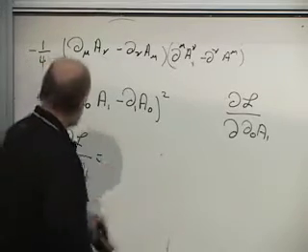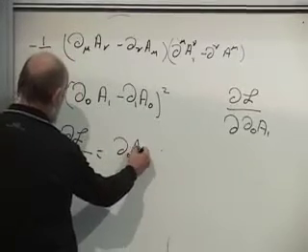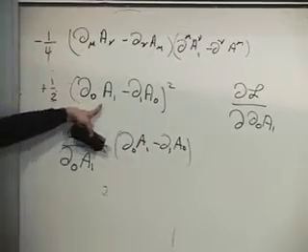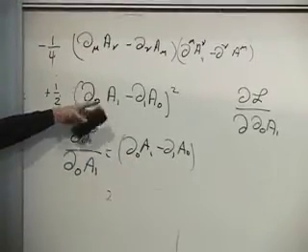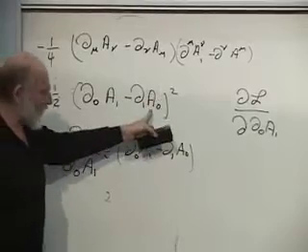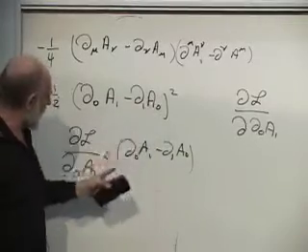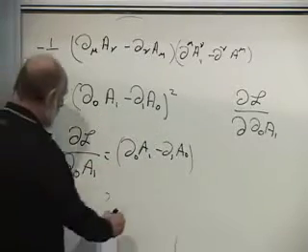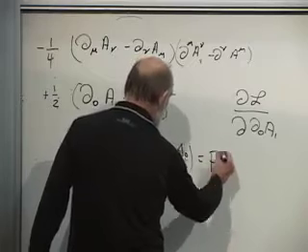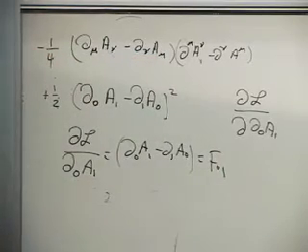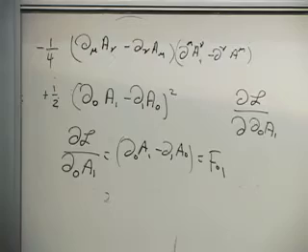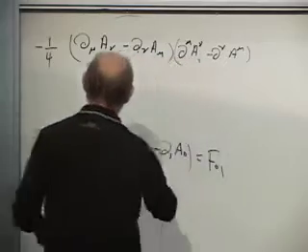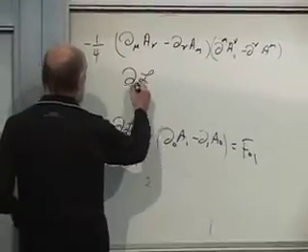And what else do you get? You get d naught a1 minus d1 a naught. The derivative with respect to this variable, how do you do it? It's just the square of something. You differentiate, you get twice the something. That's it. In other words, it's just f naught 1. All right, that's generalizable very easily. I'll write down what the general formula is. If I differentiate the Lagrangian